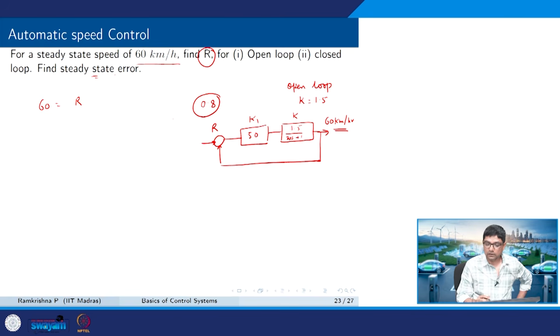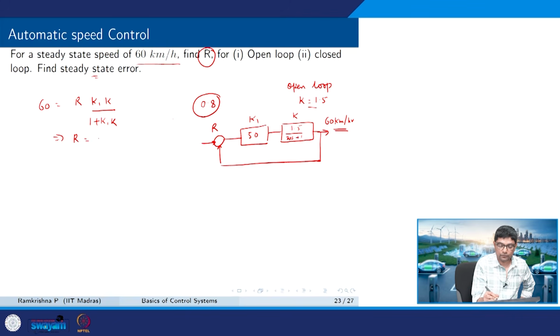So I have R K1 times K by 1 plus K1 and K. R is my unknown, I know what is K, 1.5, K1 is 50. This gives me a R of 60.8. So in the closed loop case, if this is 60.8, the output will be 60, resulting in a steady state error of